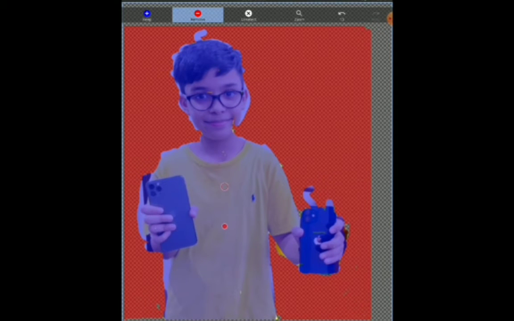Now we are done with the keep, just a bit of outline left, so we'll do that with the red like this.